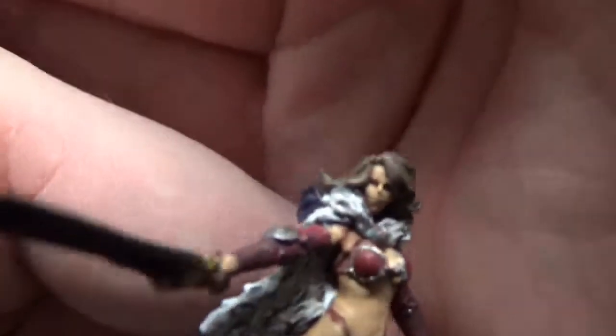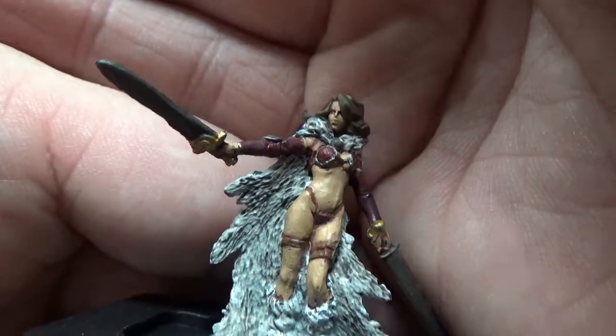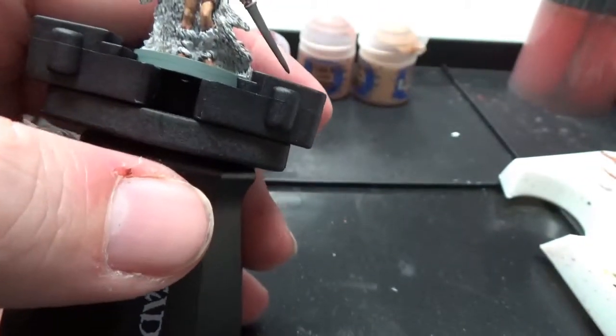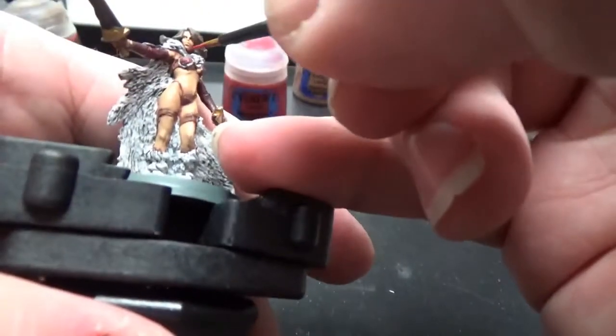And with that, I believe, in my opinion, our skin is highlighted. So the next one I'm going to move on to is Wazdakka Red. We're going to thin that down just a little bit like before. And we're going to highlight her armor,